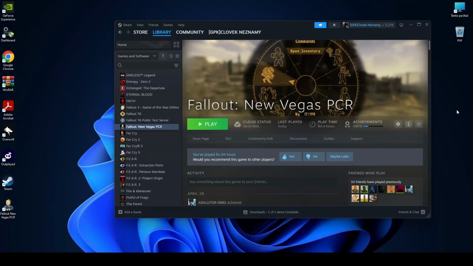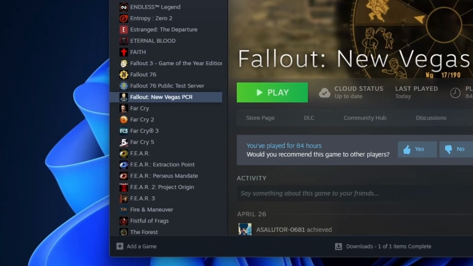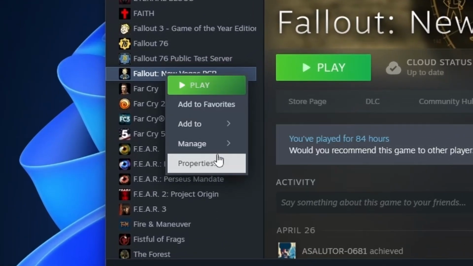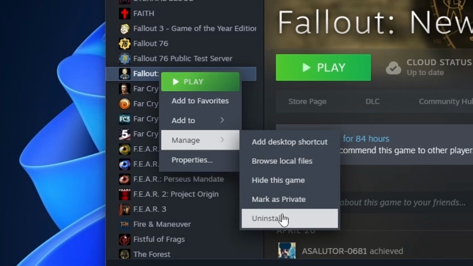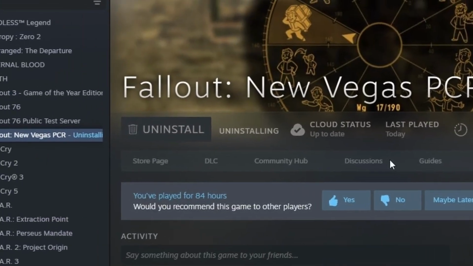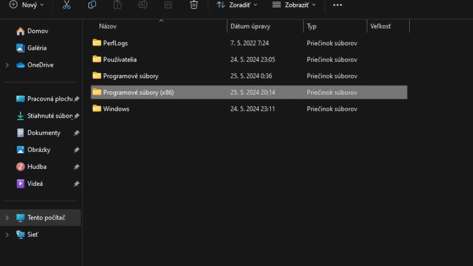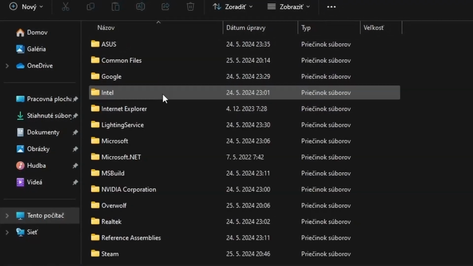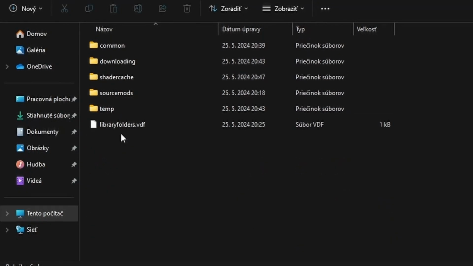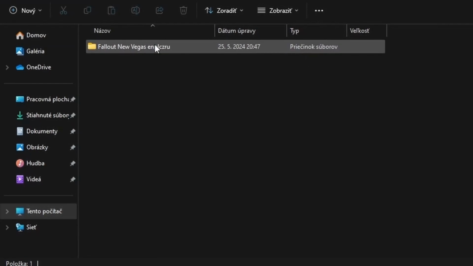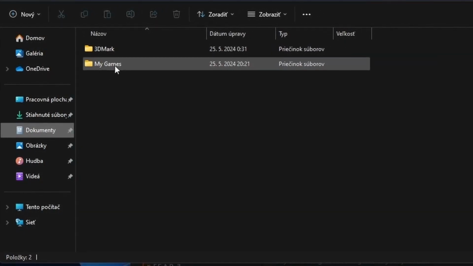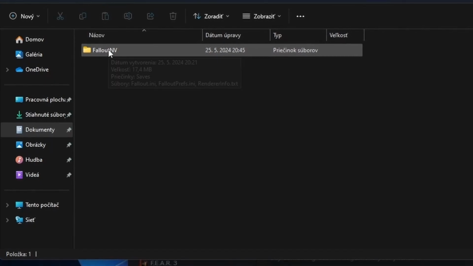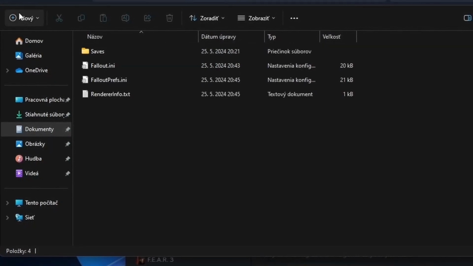Today, we're gonna show you how to do the clean installation of Fallout New Vegas. You need to unfortunately uninstall it. Right click, manage, uninstall. Now go to your disk, Steam apps, common, and you have the folder. So delete it, documents, my games, Fallout New Vegas,